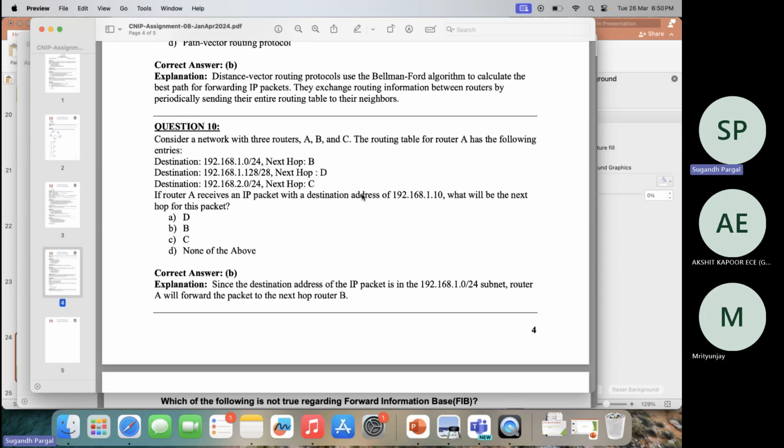In this case, since the destination address is in this subnet, if we AND it with the subnet mask, it gives us the same network ID. So this destination is about the particular subnet, that is the network mask. When we apply this /24, it results in 192.168.1.0. That means it is the best possible match, and for that purpose the next hop will be B